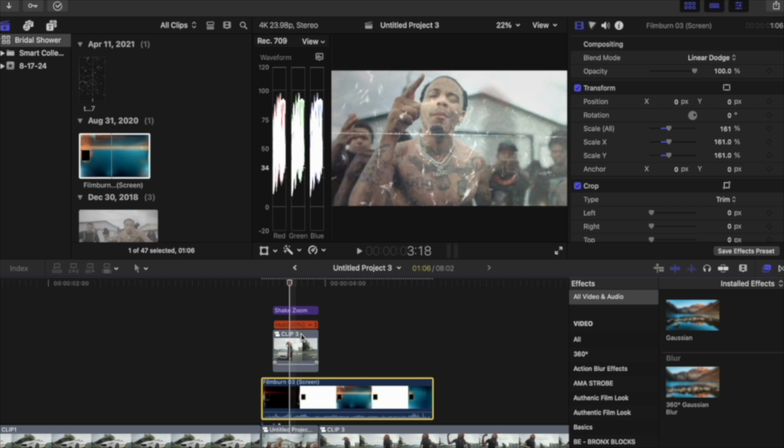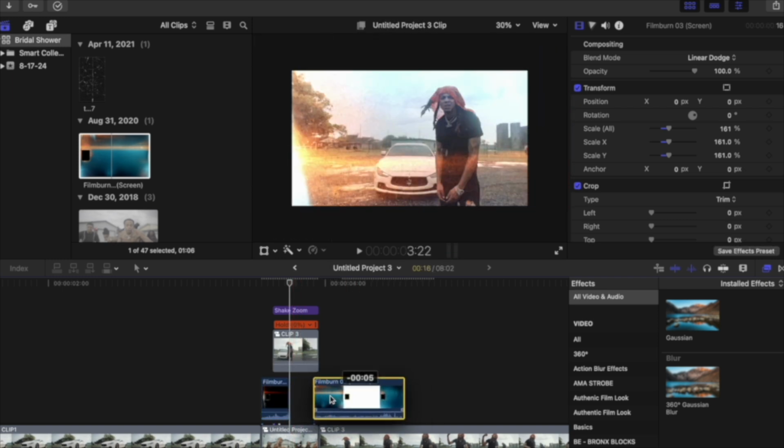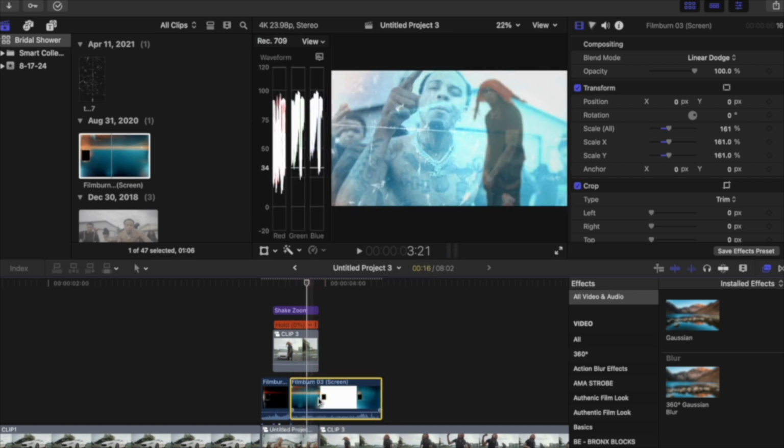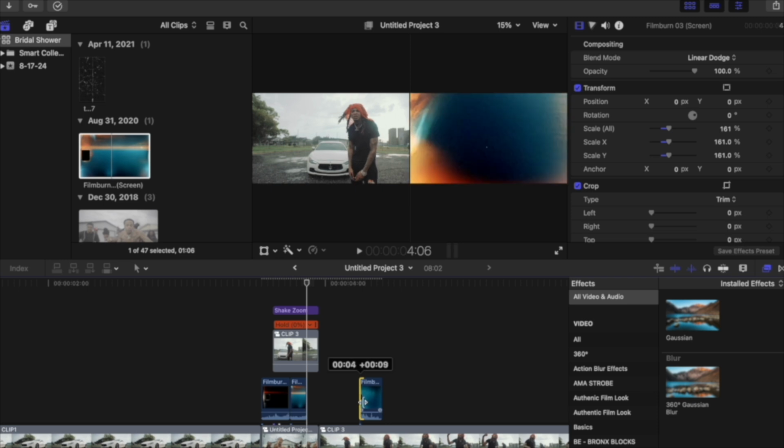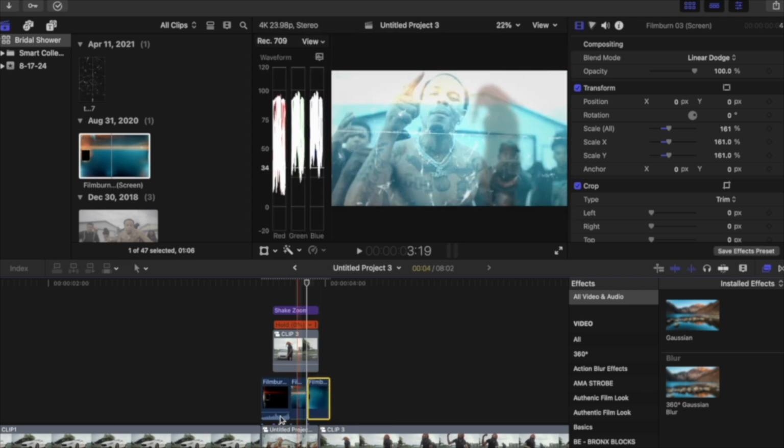Next, we're going to skim through the film burn to see where it flashes the most, and we're going to eliminate those. Just like that, and then we're going to do the same thing at the end of this clip, and we're going to eliminate wherever the flash points are. And then we're going to just drag this back. And last but not least,